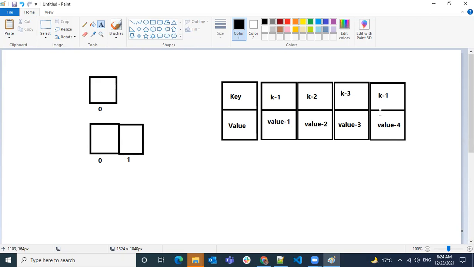What it does is override this value. It will remove this value. In other terms, when you enter a duplicate value, it will replace the existing value with your new value. The key will be the same, so you cannot enter duplicate keys here.